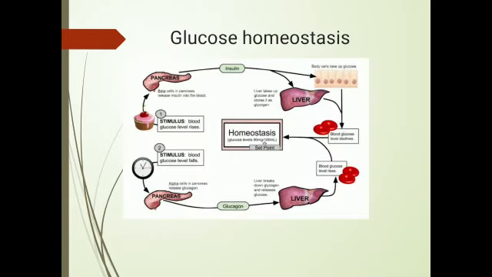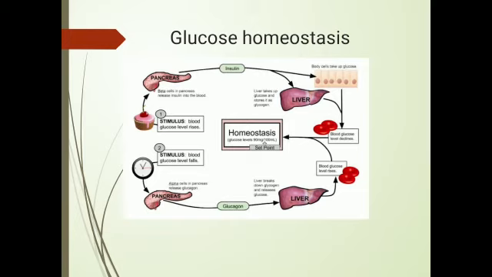So far we have seen the actions of insulin and glucagon. We shall see how these two hormones interact to maintain the blood glucose at a constant level. That is glucose homeostasis. In the upper part of the picture you can see that when we take food, the blood glucose level tends to rise, which will stimulate the beta cells to produce insulin. So the insulin level rises, it acts on the liver, adipose tissue and skeletal muscle, and it will tend to decrease the blood glucose back to normal.